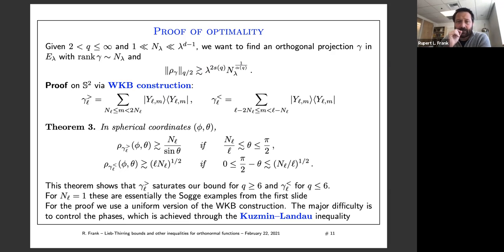Now, the hard thing is to prove these bounds. Okay, and so the way we do this here in this paper is by a WKB construction. These functions are eigenfunctions of some Legendre or associated Legendre equation. And so we use WKB methods to analyze this ODE. So that gives us both an amplitude and a phase. But unfortunately, that's not quite enough because